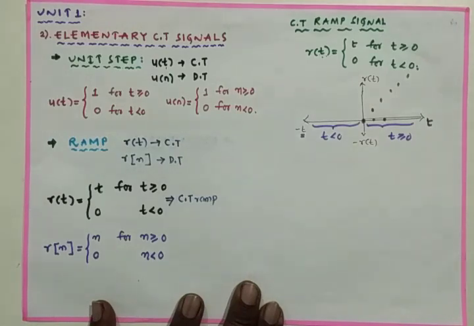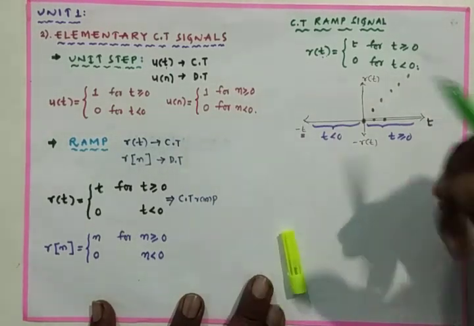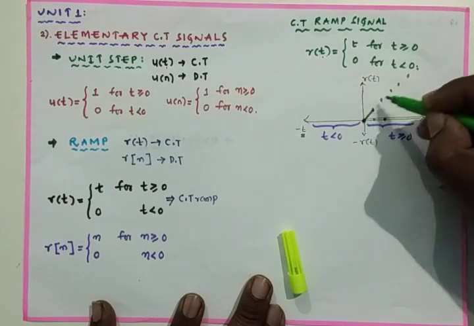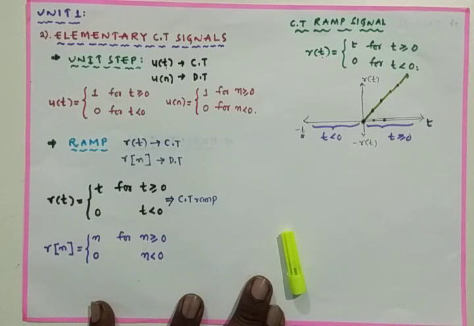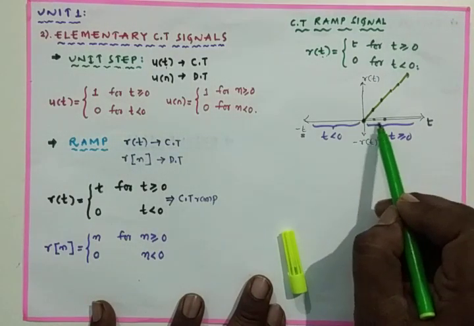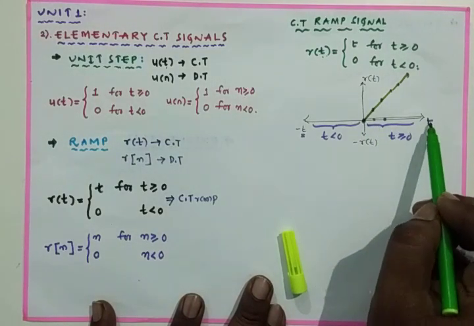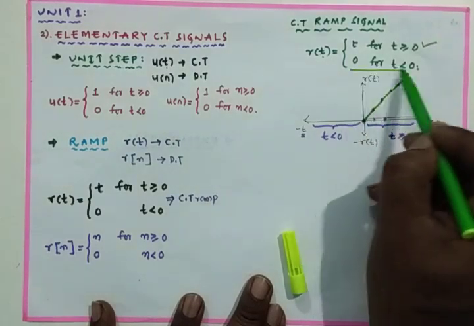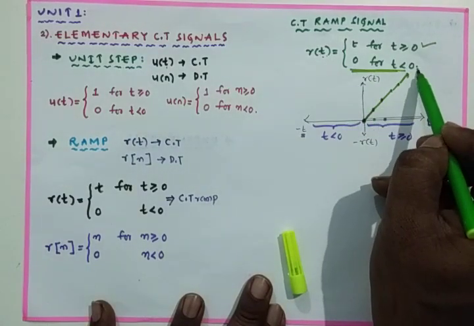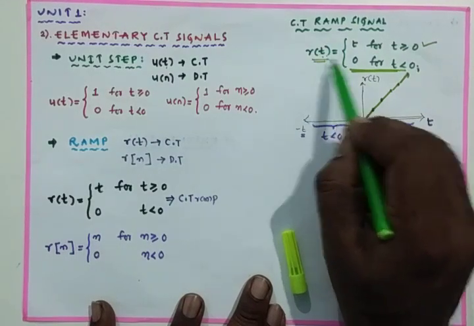So that signal will be like this. Now I can go with the signal. This is the signal here for all the positive values, and the signal is linearly increasing for t greater than or equal to 0. This case is completed. Coming to this case, when t is less than 0, the amplitude of that particular signal